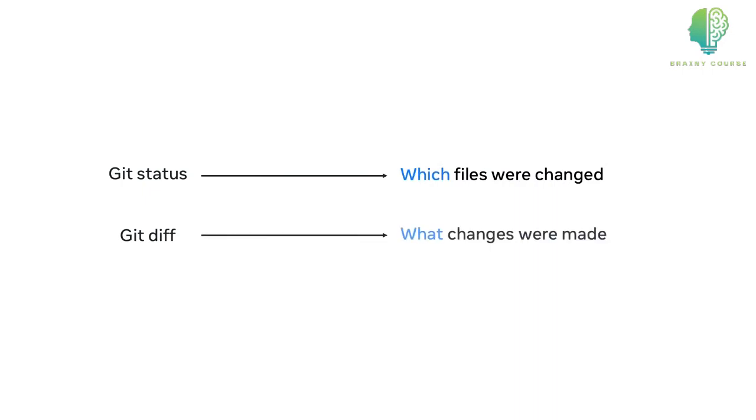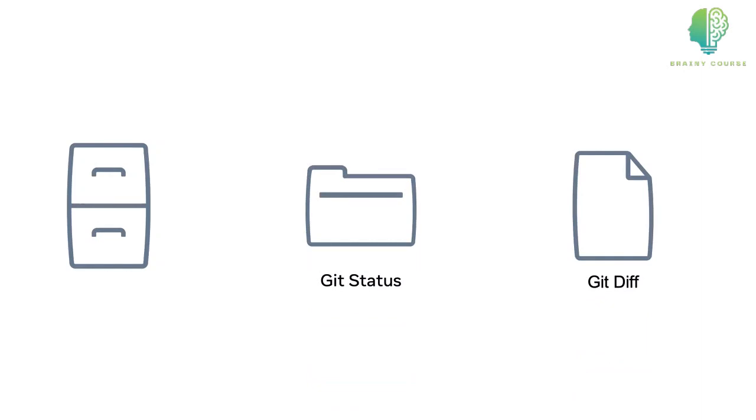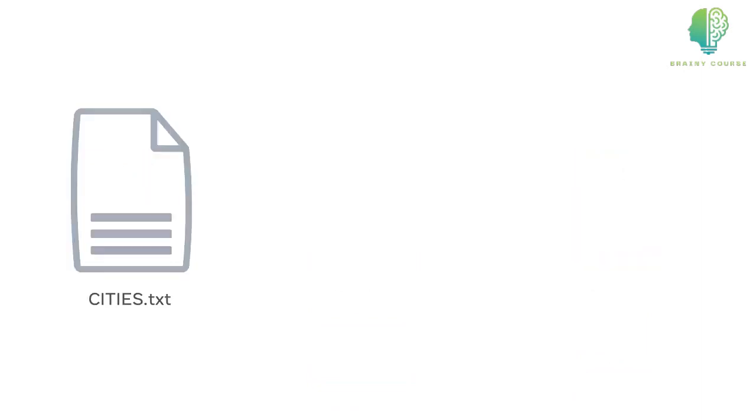commits. You probably know that the git status command tells you which of your files have been changed. The git diff command goes a step further and tells you what exactly these changes are. When used together, you can think of them as a file system. Git status tells you the file names, but to open the file and see the contents, you'll need to use git diff. To demonstrate, let's say you have a text file named cities.txt, which contains the names of cities you